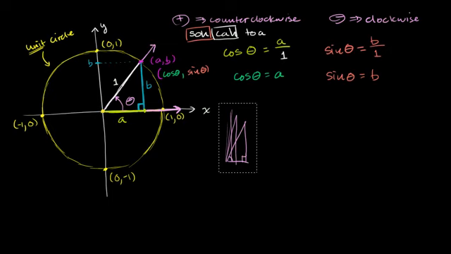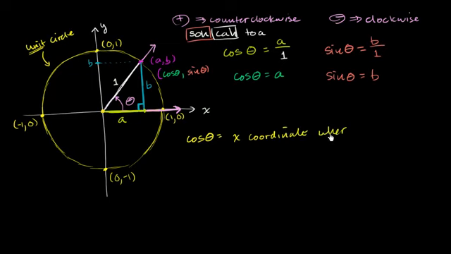So let's see if we can use what we set up here. Let's set up a new definition of our trig functions, which is really an extension of SOHCAHTOA, and is consistent with SOHCAHTOA. Instead of defining cosine as, if I have a right triangle, the adjacent over the hypotenuse, sine as the opposite over the hypotenuse, and tangent as opposite over adjacent, why don't I just say, for any angle, I can draw it in the unit circle using this convention that I just set up, and let's just say that the cosine of our angle is equal to the x-coordinate